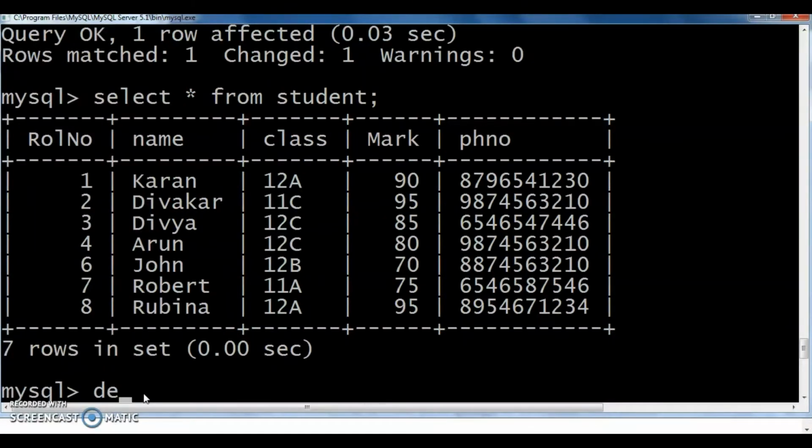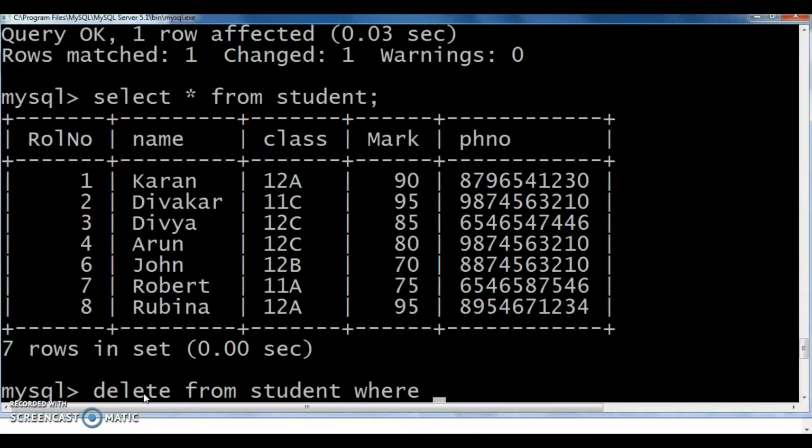Check this one. Delete from student. I am specifying one condition here, otherwise all the data will be deleted from this table.